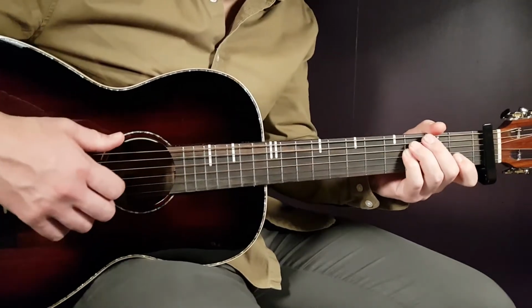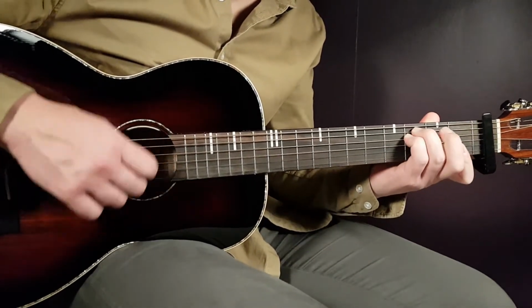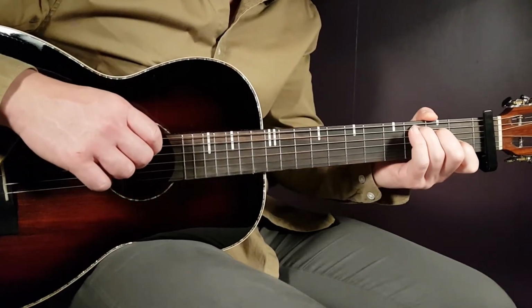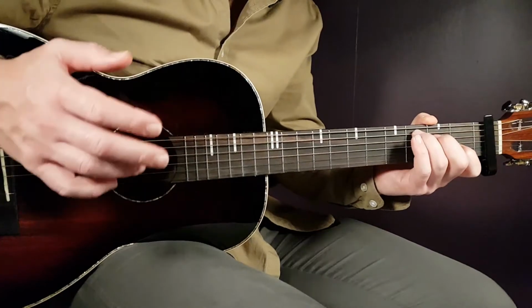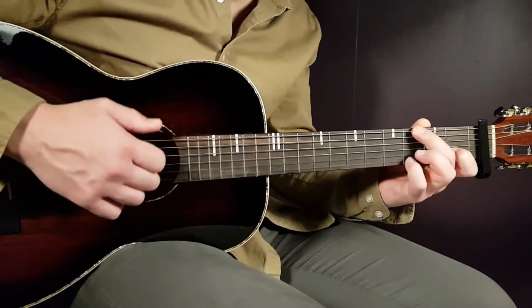So you will do that 2 times. So C sus4, C, C, C, C sus4, C, C, C, C, and then you switch to the G sus4 to G and play in the same way there with this strumming. So it will be